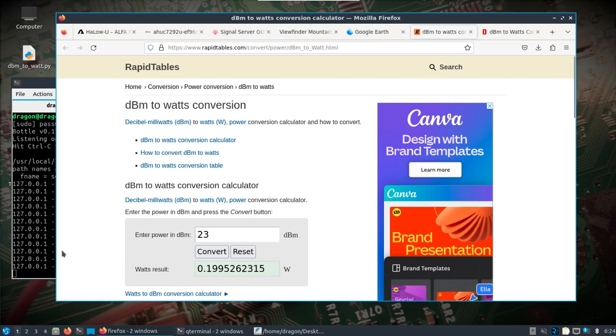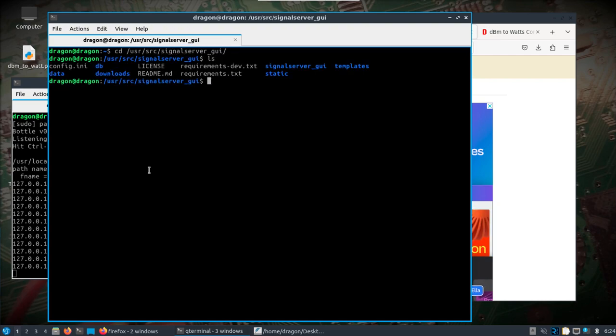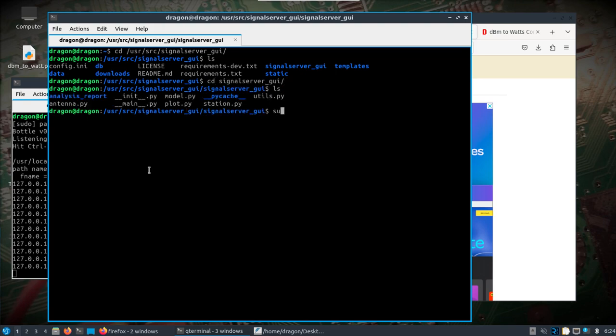And just so you know, you really can't put in lower, because this was actually asked. You can't really put in lower than that, so I'm changing to /usr/src/SignalServer_GUI. I'll change one more into another SignalServer_GUI. And let's take a look at, I think it's model, sudo nano model.py,